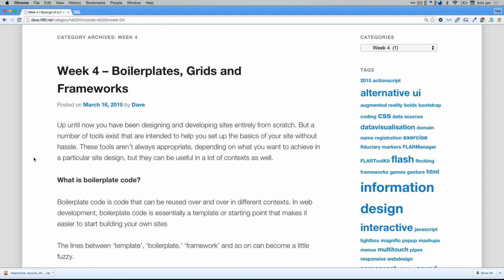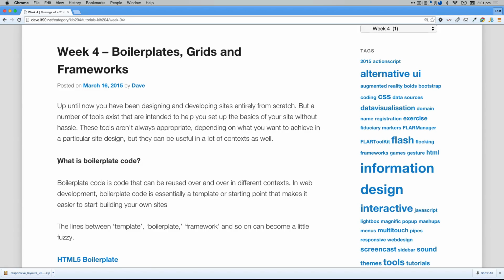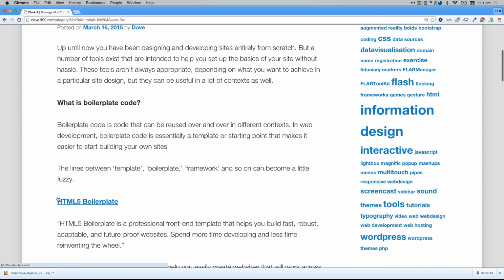So clearly a lot of people have done a lot of web projects over the years, and there's obviously certain things, and I'm sure you've noticed that there's always a bunch of setup stuff that you do every single time that doesn't really change much. So the first category of these, the boilerplate code, is kind of to deal with that. They're essentially a starting point for a new web project that sets up a bunch of things so that you don't have to do it every time you create a new project, and so it just gets you